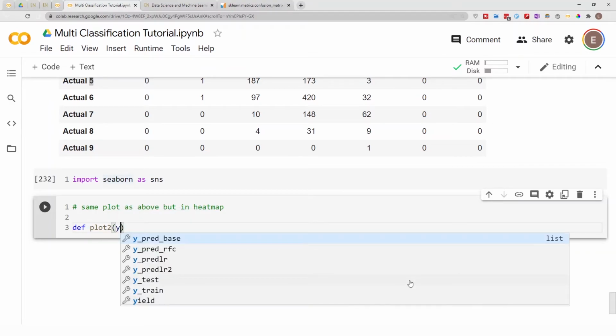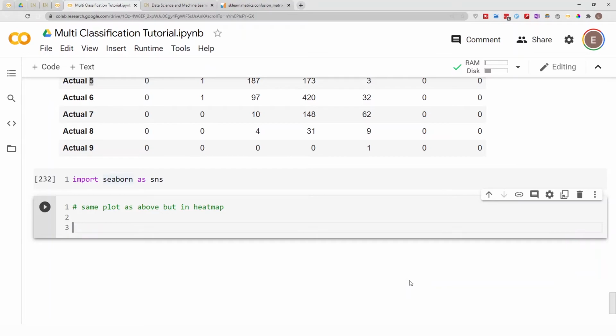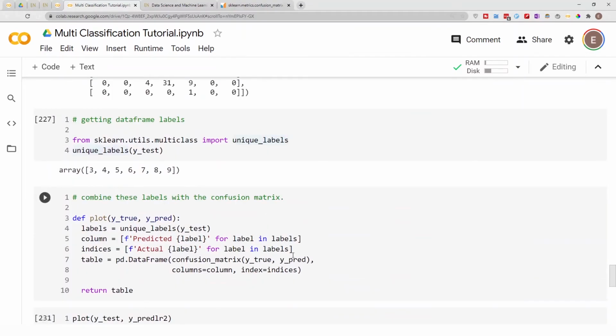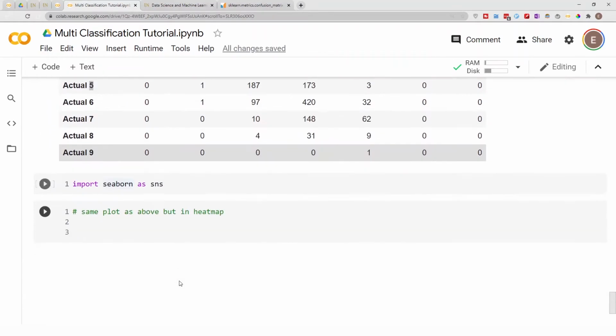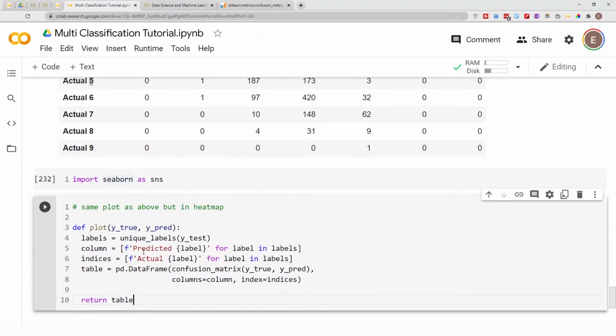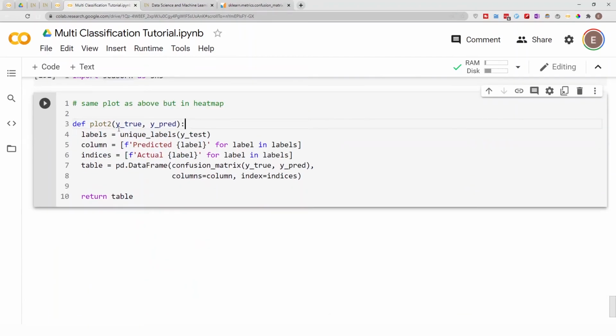Again, similar to above. Actually, I'm just gonna go ahead and copy this because it is so similar. There's not much difference between what I'm about to write and this. But let's call this plot 2 for clarification. Same thing, y true and y pred, you provide your labels, you provide your columns, you provide your indexes, and then you create a table between the confusion matrix, the columns, and the indexes. And now, this is the only thing that is different. We do return